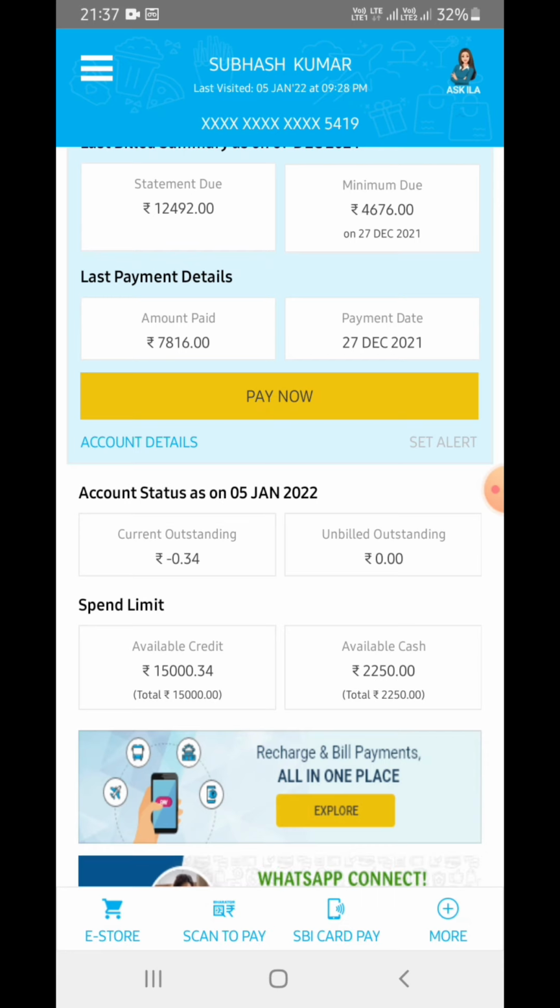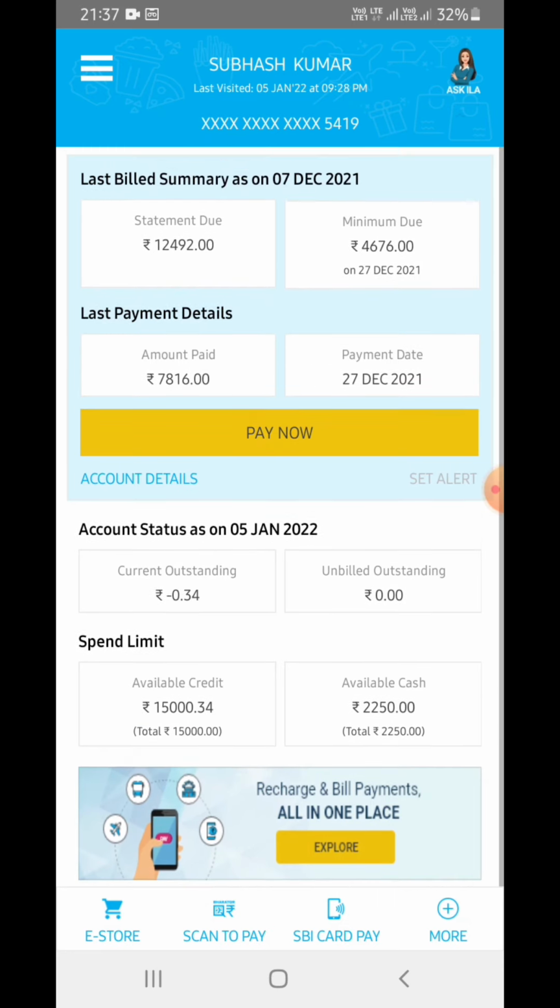Like, 4676 is the amount I have to pay by 27 December 2021, till the date which is given below. Otherwise I have to pay a certain amount of charges or interest or a fine. So minimum due is basically the important thing that we have to pay.